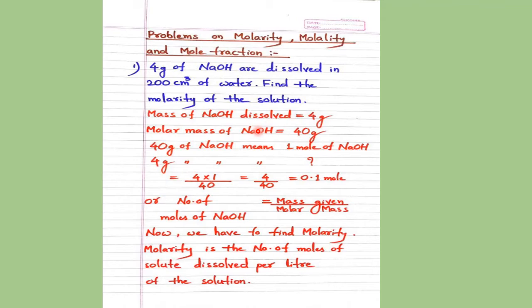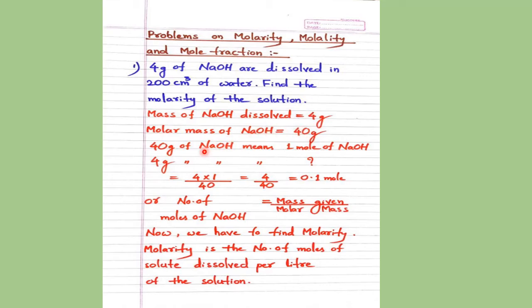What is the molar mass? For this you have to refer to the atomic mass of sodium, atomic mass of oxygen, atomic mass of hydrogen. Sodium 23, 23 plus 16 plus 1 gives 40. So don't write directly, please calculate. Here I have written directly. If you are perfect after some 10-20 examples, then you can write if you are sure. Let us not play with numbers. So the molar mass of NaOH is equal to 40 gram, right?